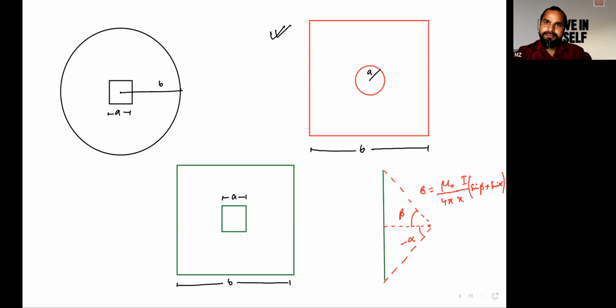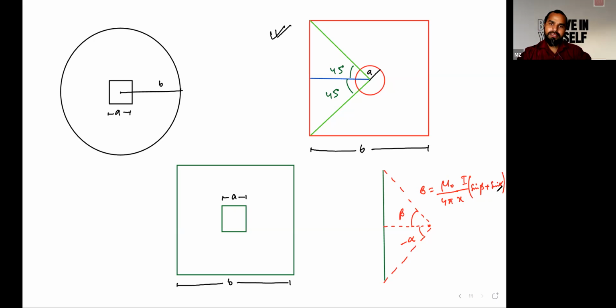So what will be the value for sine beta and alpha? Now, suppose for this question, draw a line from this and a line from this, and there is one line from this. So what would be the inclination of these two, green line with respect to this particular part? It would be nothing but 45 degree and 45 degree. And the length of this particular blue strip from this particular boundary to the center would be nothing but b by 2. So for x, just put b by 2.